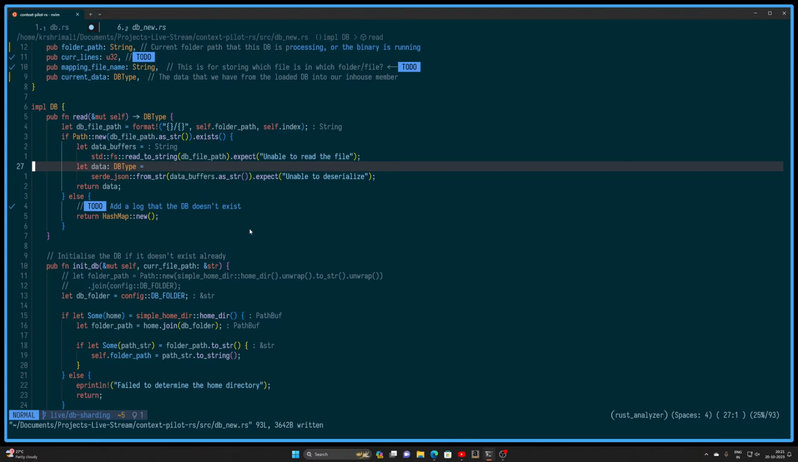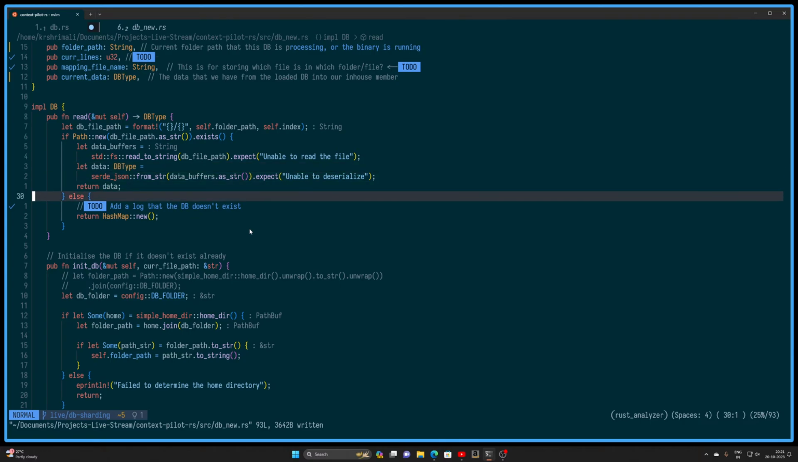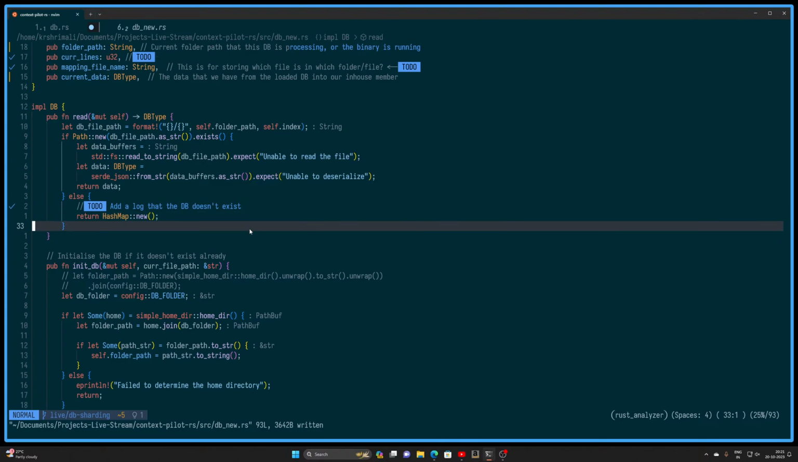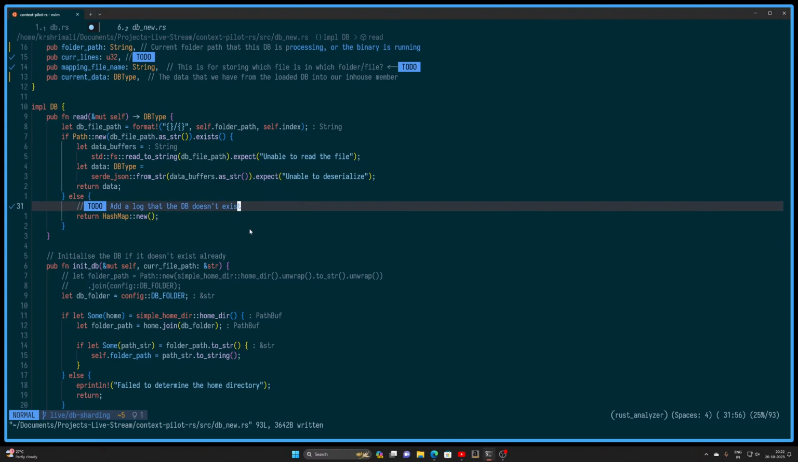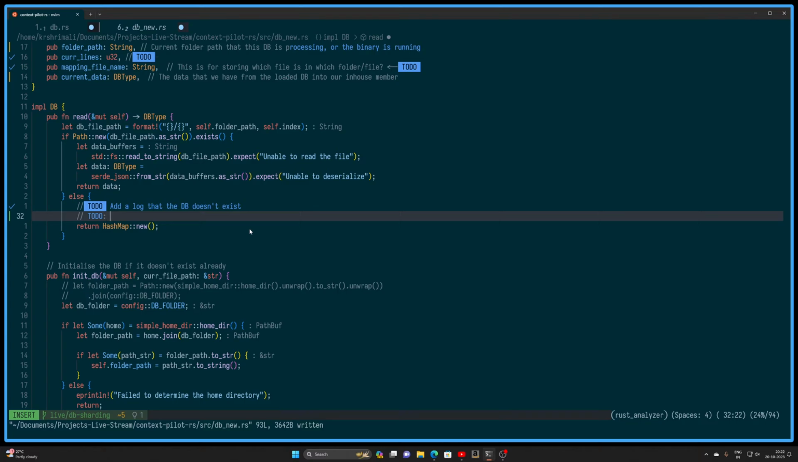Guys, I hope you can hear me properly. If not, please do let me know. Add a log that DB doesn't exist. Yeah, this is something to do. I'll also enable logging into a logging file and ensure it's